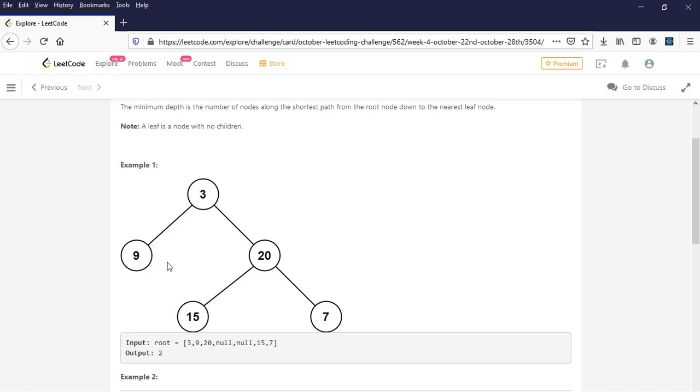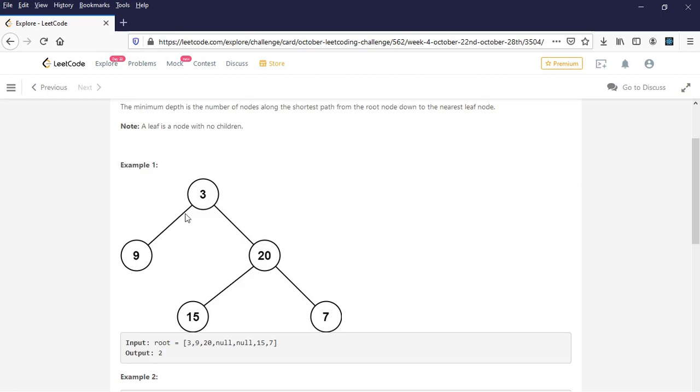So a binary tree can be traversed using either BFS, that is breadth first search, or DFS, which is depth first search, right? In depth first search we go over either the left depth first or the right depth first and then the other. So if we are going over the left side first, we'll cover all the left child nodes and then all the right child nodes. And if you are using breadth first search, we'll cover each level once and then go to the next level. So by that logic we can see that breadth first search will be more optimal for this particular case, since we have to find the minimum depth.